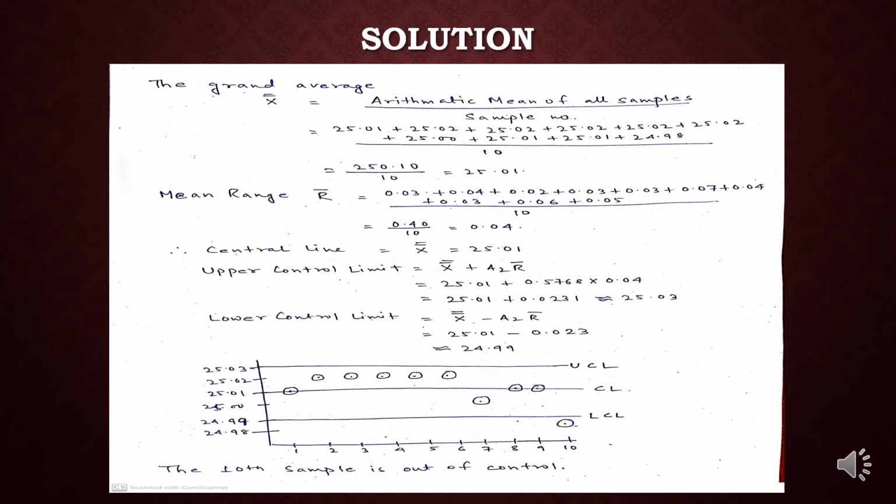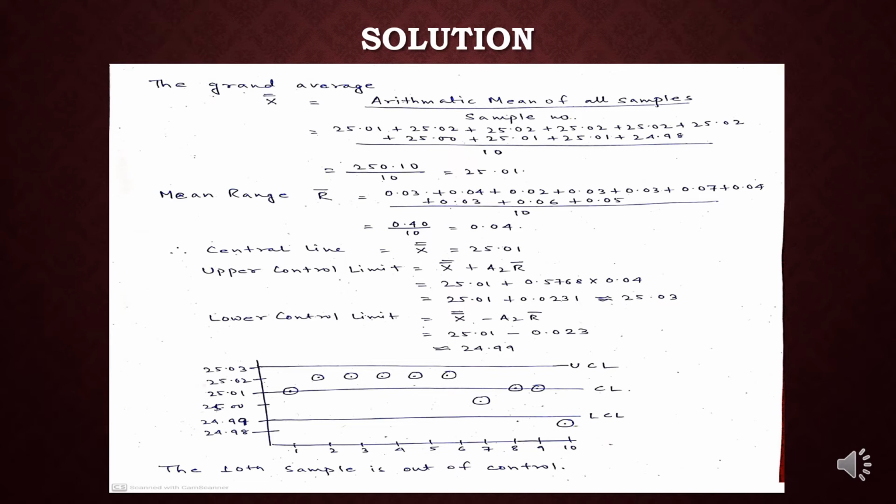Now coming back to the most important part of any control chart sum, we have to show graphically what we are trying to convey. In this graph, I have taken the 10 samples already given to us and plotted the mean value of each sample, taking the upper control limit to be 25.03, the central line to be 25.01, and the lower control limit to be at